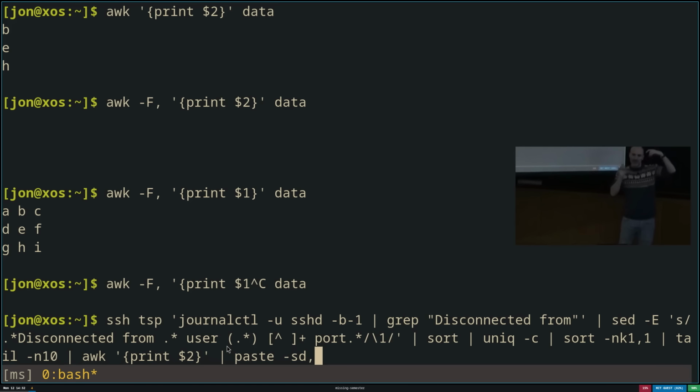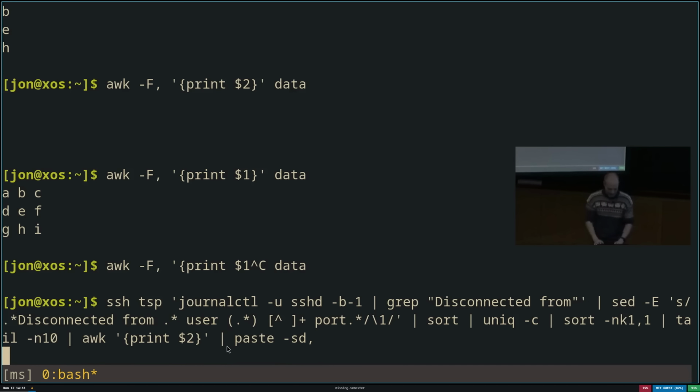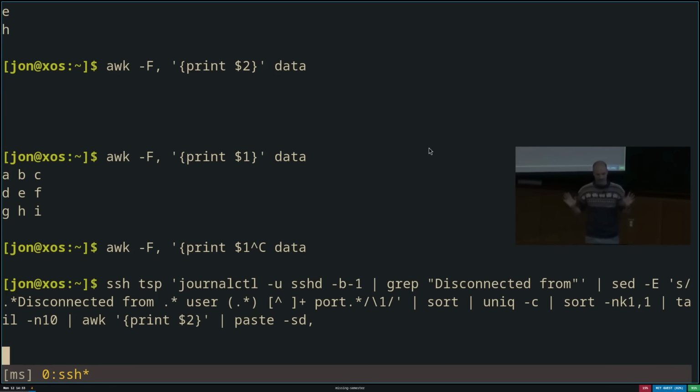So now I have all of the usernames that were used to log in with their counts in sorted order, such that the most common ones are at the bottom. And then I use tail -n10 to get the last 10, which are the top 10. Then I use awk to print out only the username and not the count. And then I paste all those lines together into a single line, -s, that are comma separated, which is the -d comma. And so this command, when I run it, if it works correctly, will take a little while because the server has to parse all of the logs on my server. But eventually, what I'll get back, drum roll.